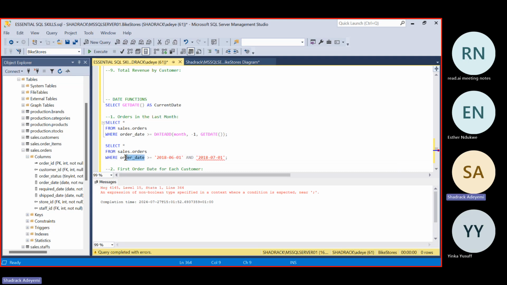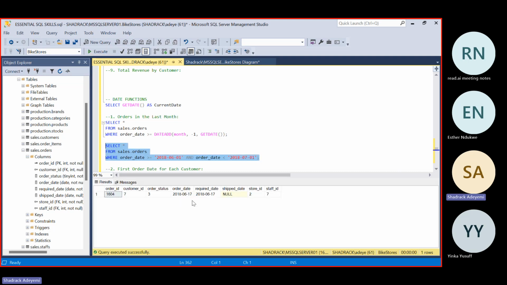Oh yeah, sorry, I missed this. This is a logical statement, so I have to think about it logically. It falls within this range: greater than or equal to this date and less than this date.